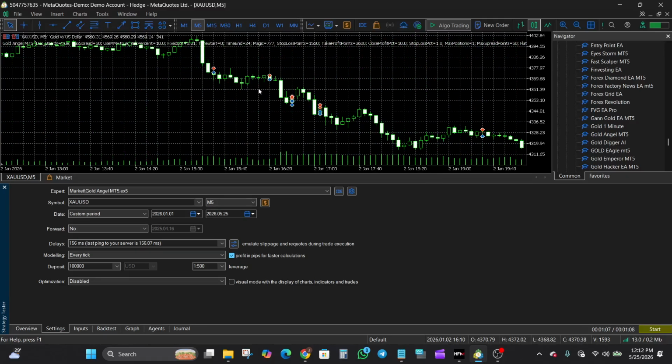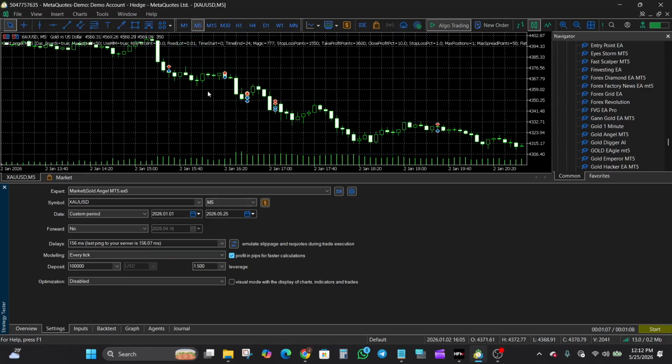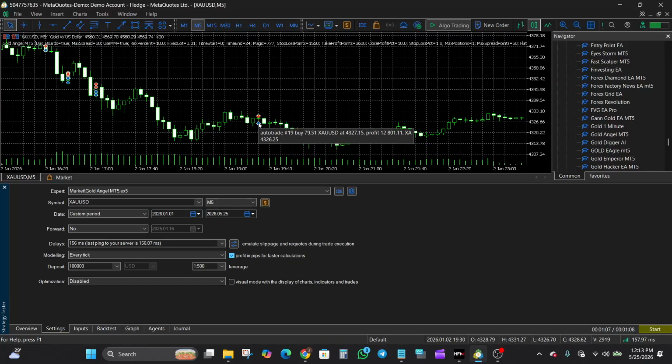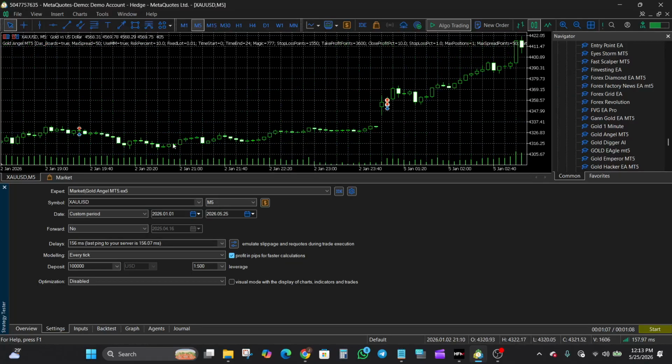We can see that this EA is the type to, sometimes you might have a few trades within the space of 5 minutes, because each of these candles represents 5 minutes, and we can see here, there seems to be only one trade executed here and here, but in this case you can see about 2 or 3 trades. We can see based on the history here about 2 or 3 trades, if not more, executed here within that 5 minute candle, and we can see here 2 trades within this 5 minute candle, here just one. All right, and then you can see there is reasonable spacing between trades, when the EA is looking for good